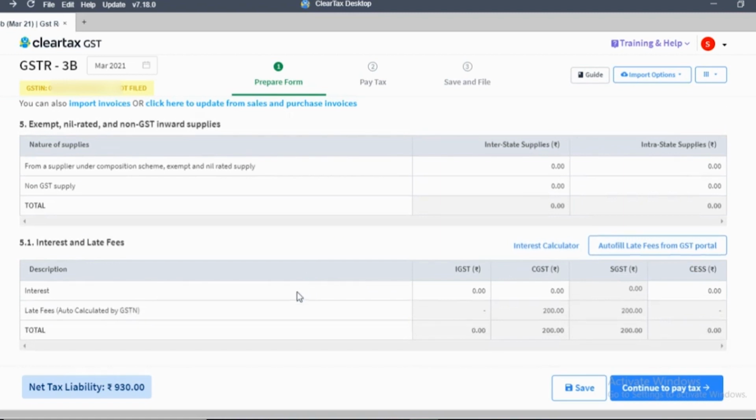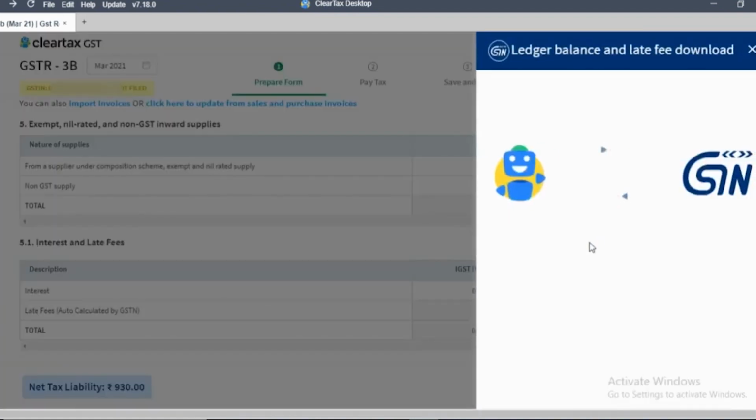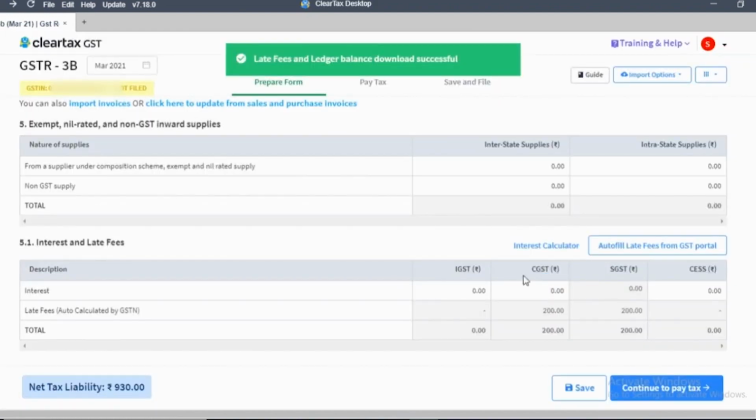Then we have the last table, which is your table number 5.1, wherein any late fees and interest will reflect below. ClearTax is also providing an option to calculate its interest through interest calculator. And if any late fees, users or BIS can auto-pull the data, as here it has already been auto-pulled and refreshed, and late fees will reflect here.